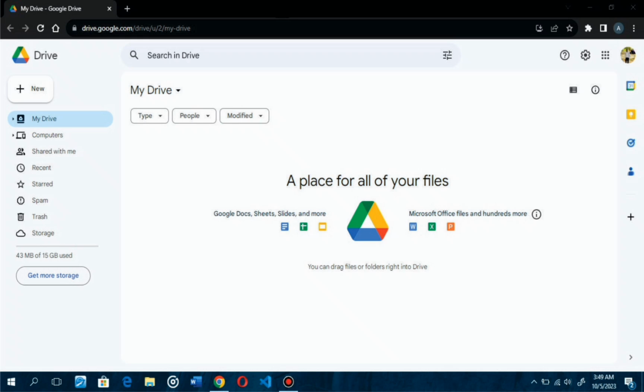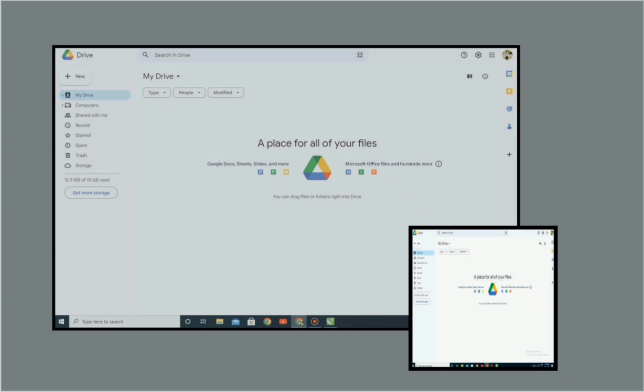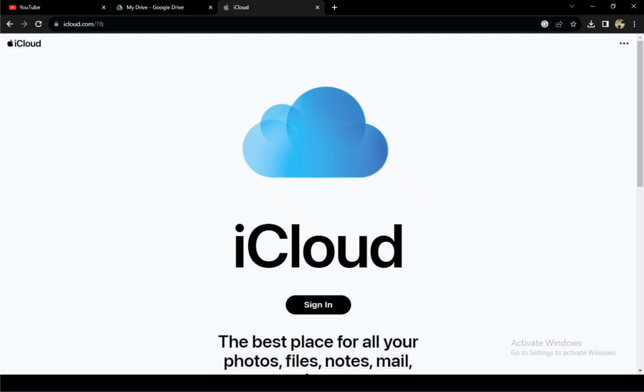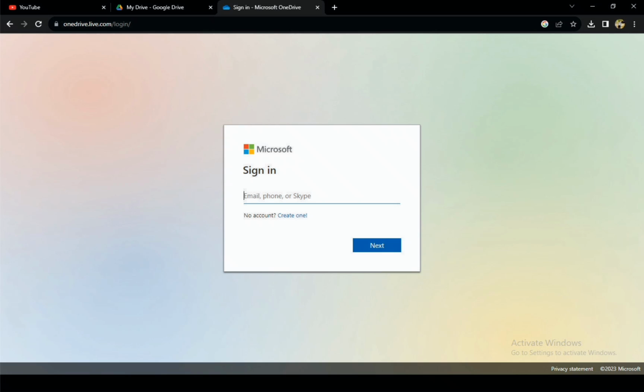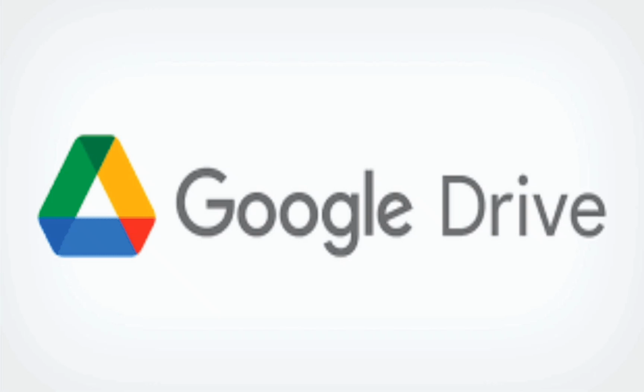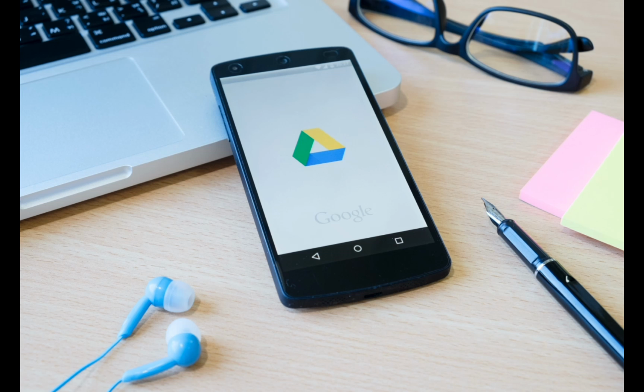Google Drive is a cloud storage provider. It is available for use both on Android, iPhones and PCs. If you have ever used something like iCloud or Microsoft OneDrive, this is the Google version of it. With Google Drive, you can save on Drive, and that's basically Google servers. Google keeps your files in data centers all over the world,